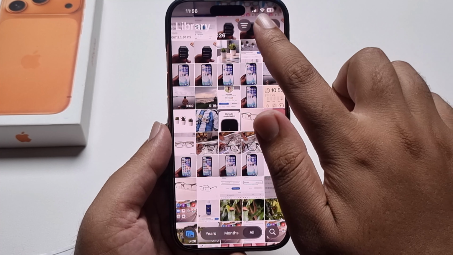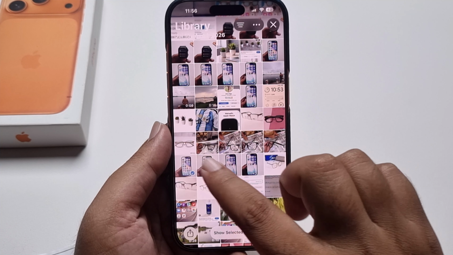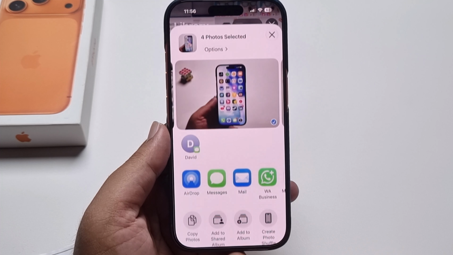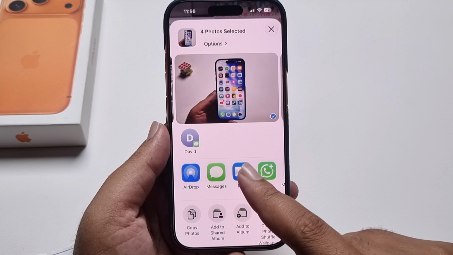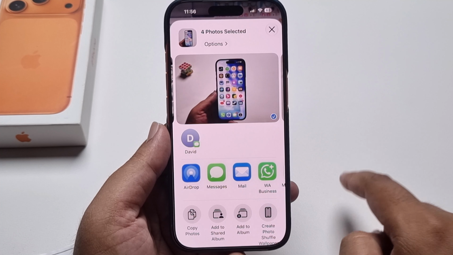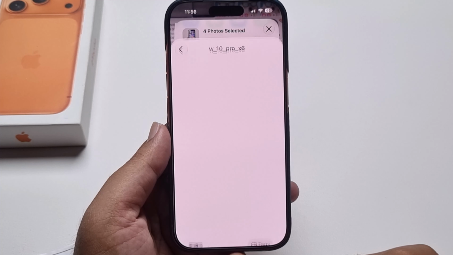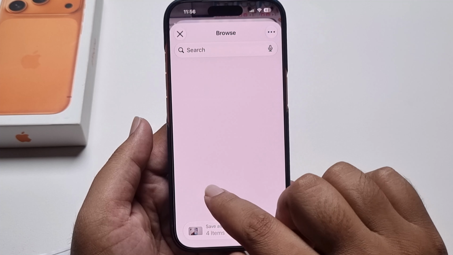Press to select this photo, press the share option, and first move your photo from the gallery to your Files app. Save to Files, select any location,